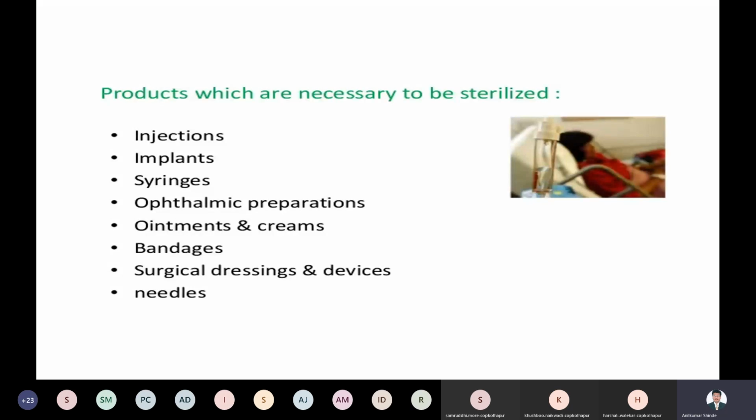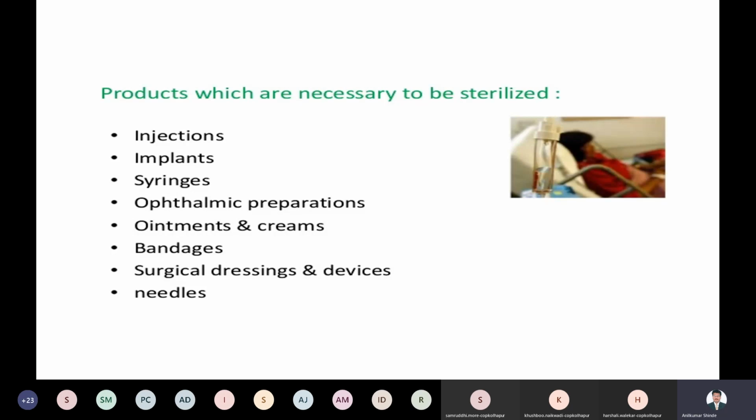Surgical dressing is also used for the stitching of your skin. If you have a problem with the skin, if the skin is ruptured or cut, you can stick the skin together with the help of thread. The thread is made up of animal skin, right? Various types of animals can be used for that.